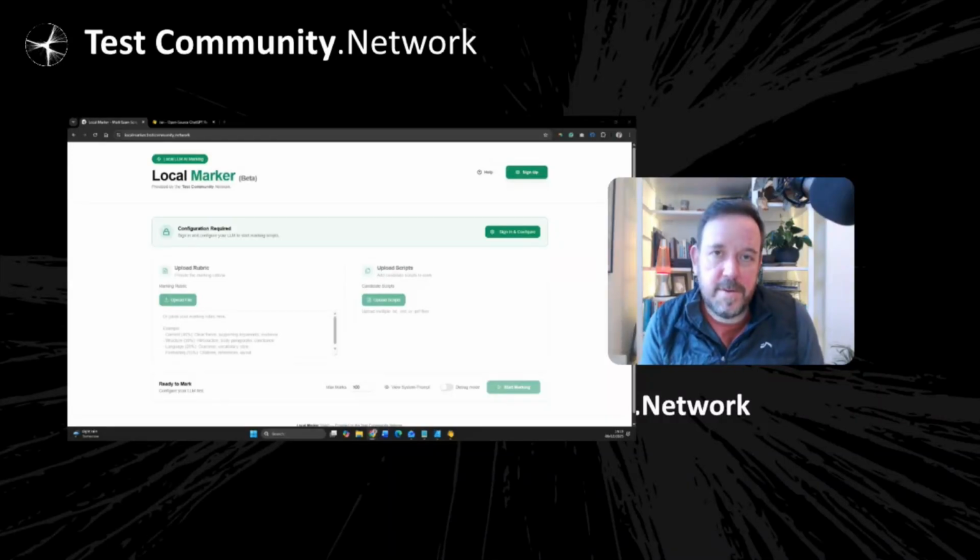I'm the founder of the Community.Network, and there's been a lot of conversations about using AI for marking exam scripts. Now, the current rules are that with a regulator like Ofqual, if you're a regulated qualification, then you cannot use AI to mark exam scripts as a sole means of marking. Also, you've got to be careful about it being used in such a way that it will influence the marker in that process. So that kind of idea of anchoring their thinking as well.